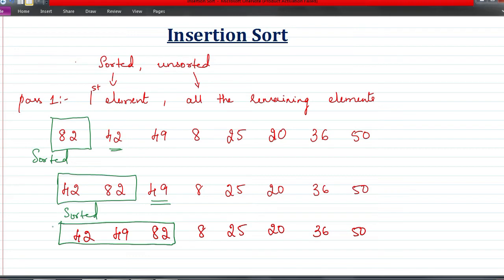So this way, one by one, we are going to take an element and do the sequential search. Once we find an element that is greater, from the last position we are going to shift elements one position to the right until the position where we found the greater element. So we make a space over there and we fill in the smaller element that is supposed to be inserted. This is one way of doing it, but we are not going to implement that way in our program.